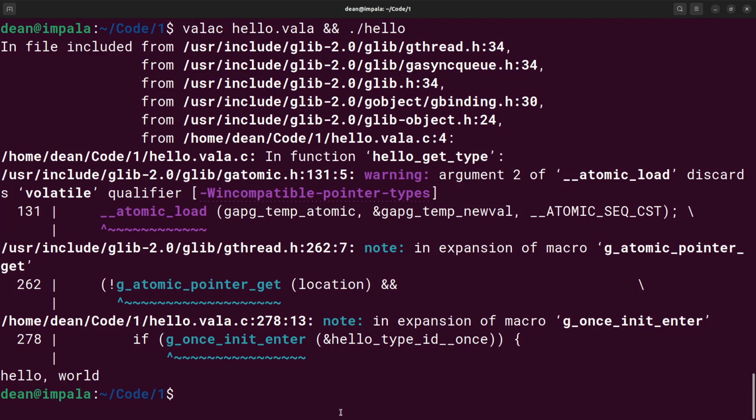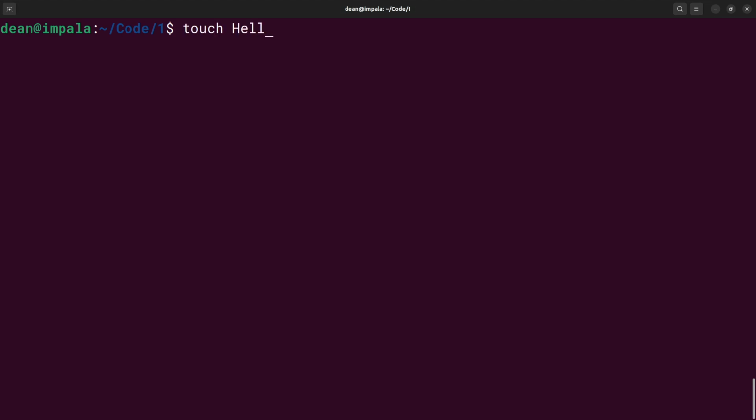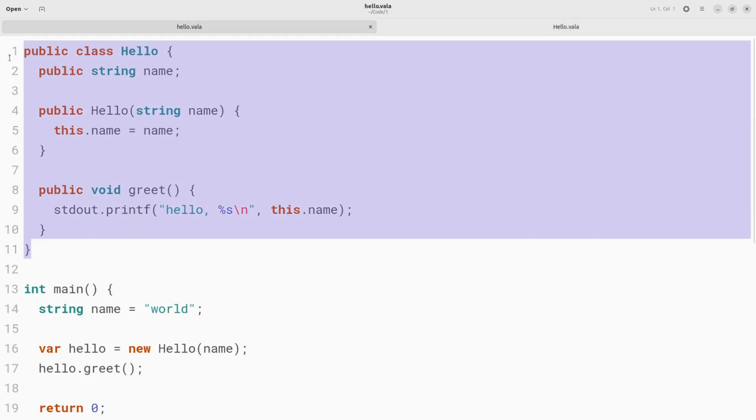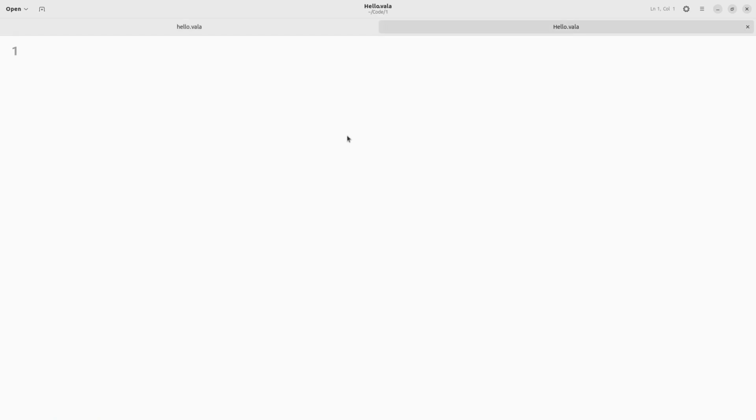For example, let's create two files, hello.vala and main.vala. And the idea is, you can easily guess from the name of the file what it is going to contain. For example, hello.vala might contain a class with the name hello, and main.vala, as you can guess, will contain the main method. Let me create these two files, and let me open this file in the text editor, and here it is. Let me increase the font size, and in this hello.vala, I'm going to copy this class, paste it over here,